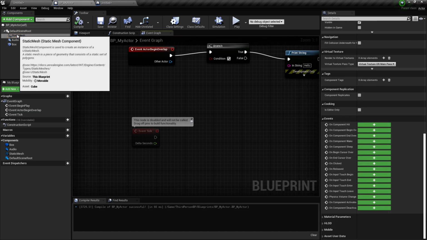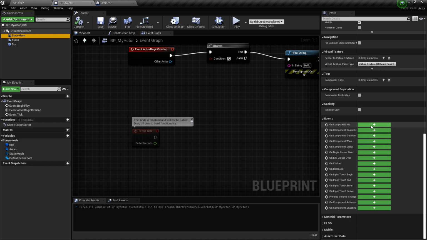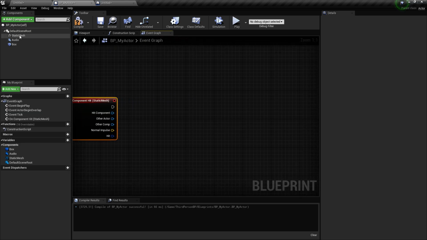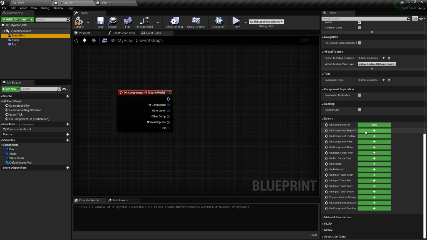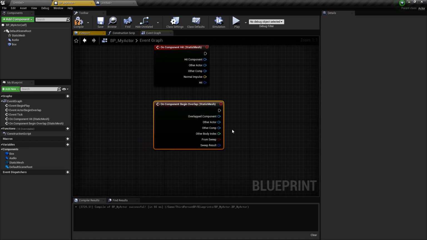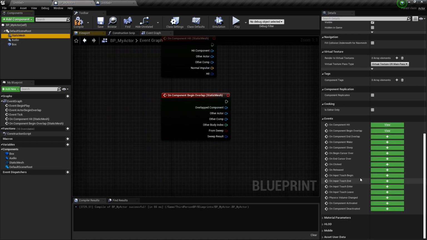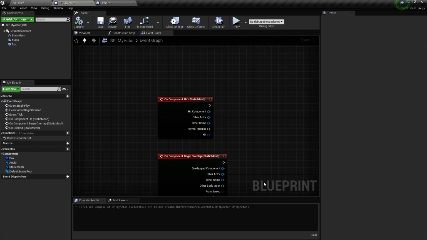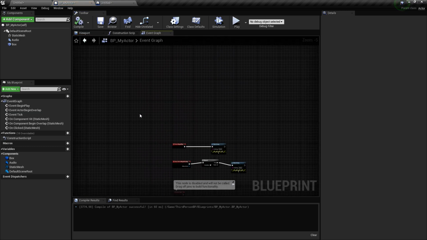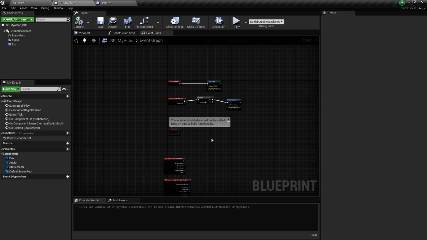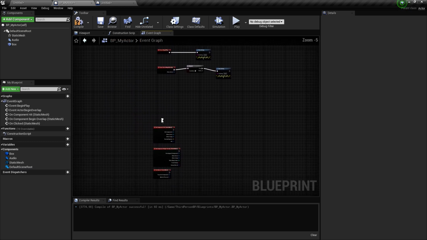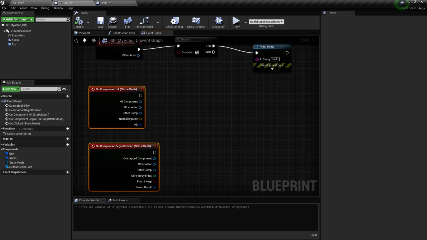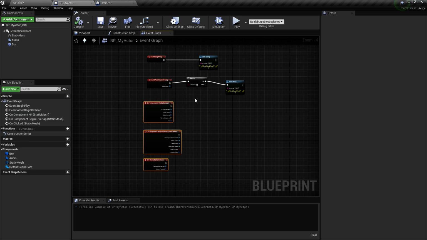For example, just select the actor that you want and add an event: when something hits this static mesh, what do you want to do, if something begins overlapping, or if someone clicks on it. So you can create events from actors if you want to make a complex gameplay or just do something cool with it. So here it is. Alright, see you in the next video.